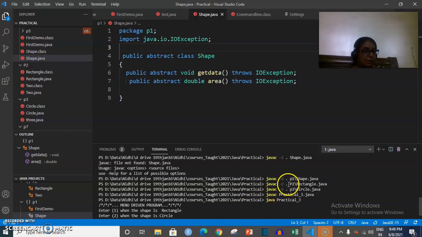That is the reason I am just putting a single dot. So again, the whole path of rectangle, that is p2/rectangle.java. Why only p2? Because the path up to here is already showing. After practical there is the p2 folder and inside it is rectangle.java. Same way you will compile